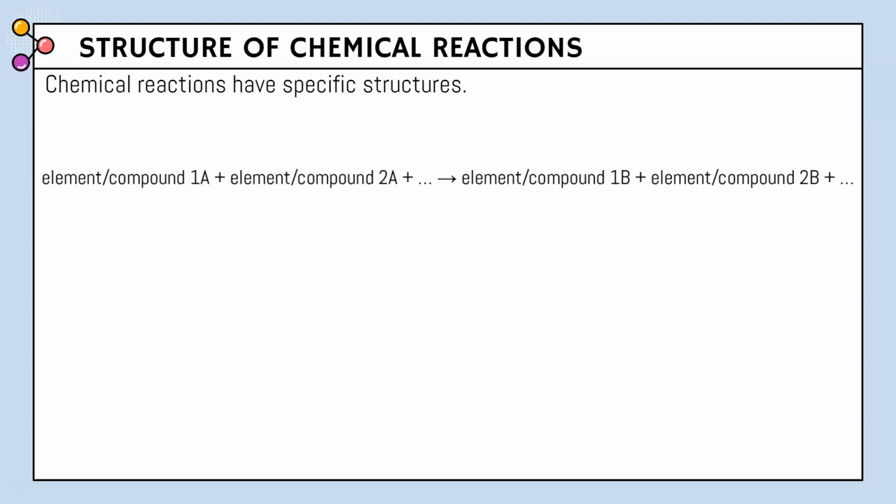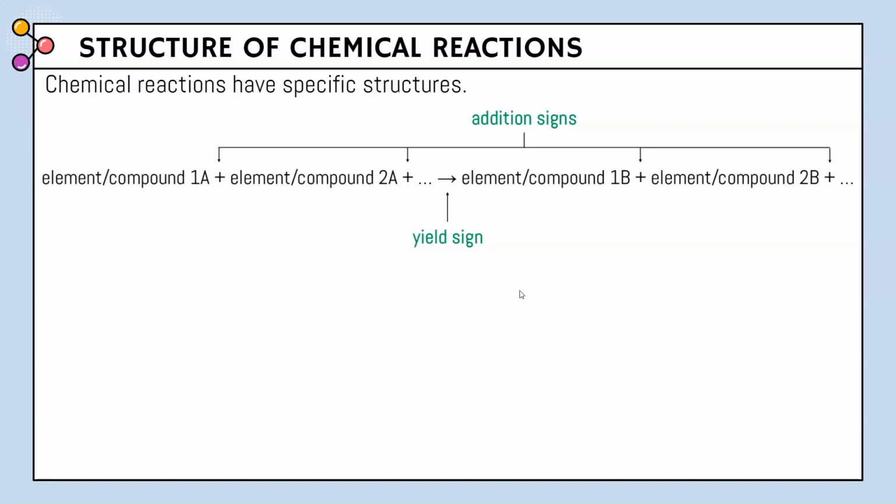This is a general look at what a chemical reaction is, and there are 4 different parts that it has. The first part, which is more obvious to you, is these plus signs, and we call these plus signs addition signs like you would in math. That just means that 1A and 2A are being added together, and 1B and 2B are being added together as well. Then we have this arrow. This arrow is called a yield sign. That means that 1A and 2A are being added together to yield